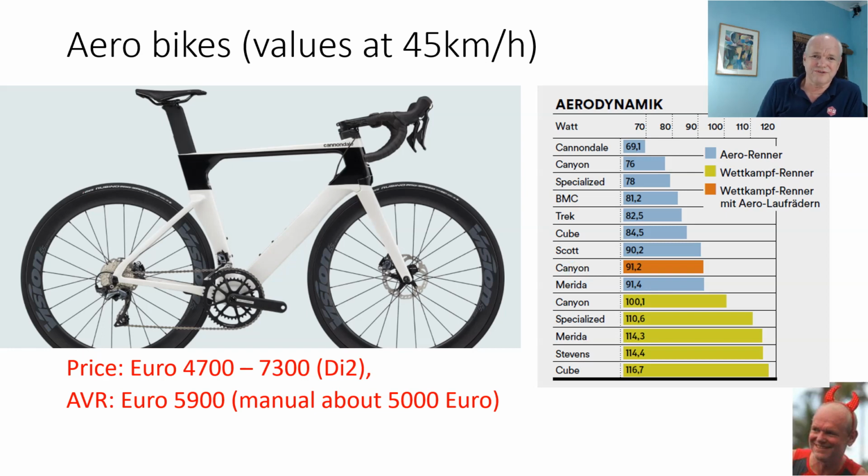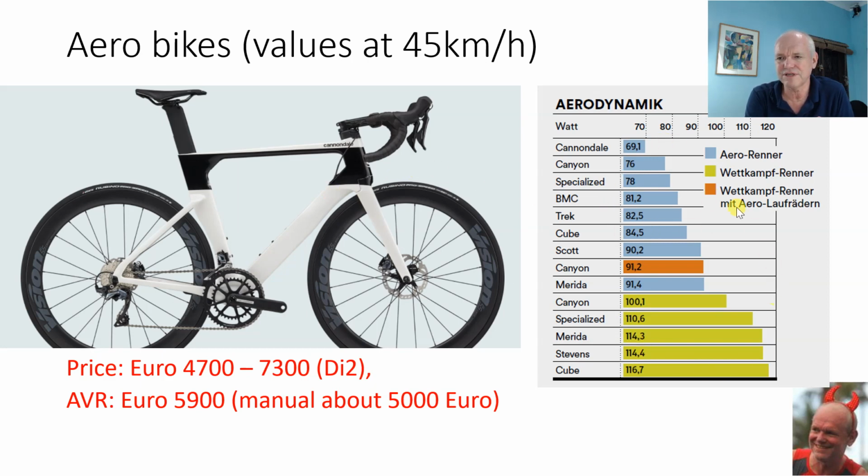What you also can consider, another kind of road bike, is a so-called aero bike. So that is now sold everywhere. So what you see here, the frame is aerodynamically better than the bike before, and you have also the aero wheels. We will discuss that later. So aero bike is also an interesting investment,